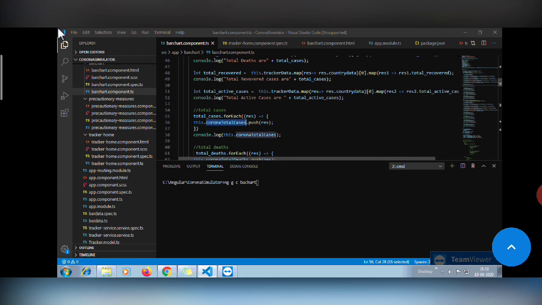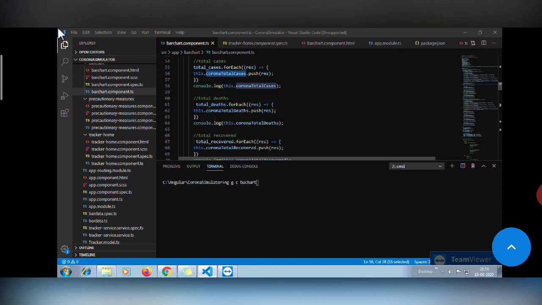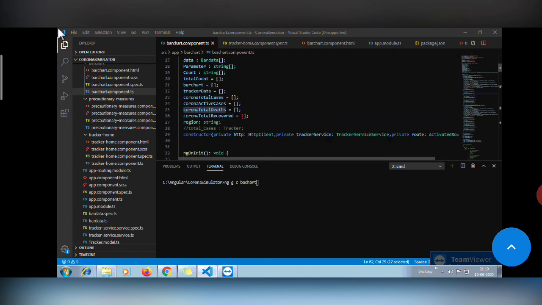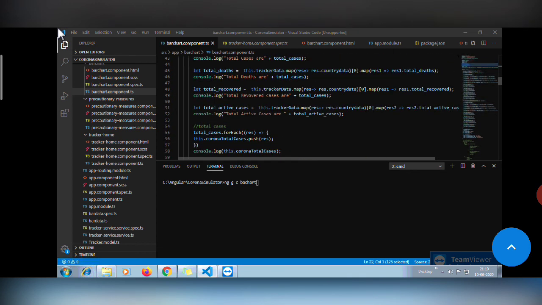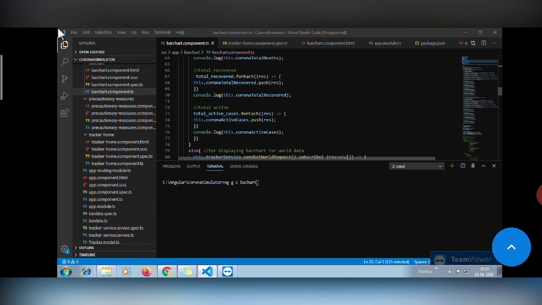For example, whatever data we fetch in this total cases, we will apply a forEach loop, and for each result we are pushing that data into this corona total cases array. Similarly, for every data field you will add that data into the corresponding array, and you must initialize the array here. Okay, so for world also the same thing, just we have to call a different function.